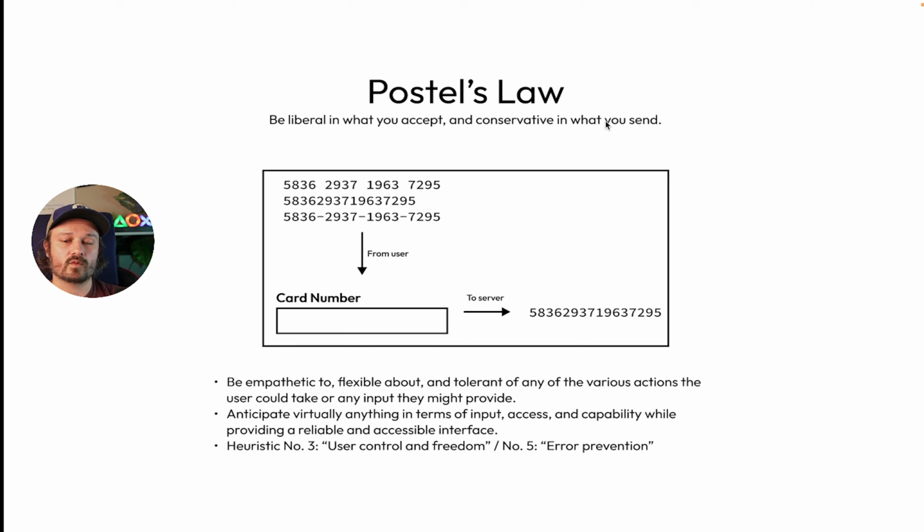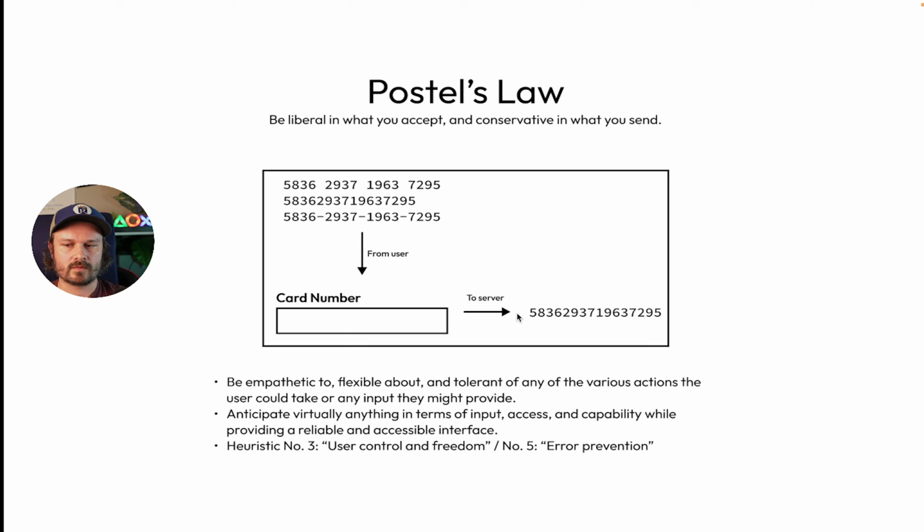The conservative in what you send aspect of it would be that there are very strict protocols, incredibly strict protocols in place for a reason when data is being sent. And so maybe the API, the connection between, so the user puts all their information in and hits the buy now or the submit button or whatever the microcopy might say, and the information that's sent, the billing information that's sent to the third-party authenticator, whether that be the credit card,